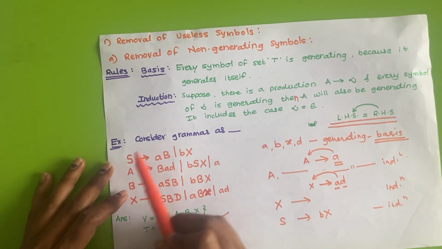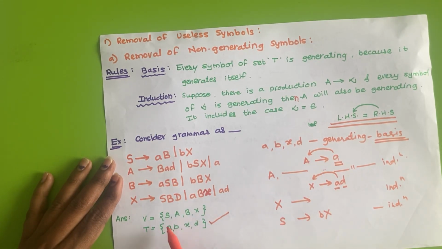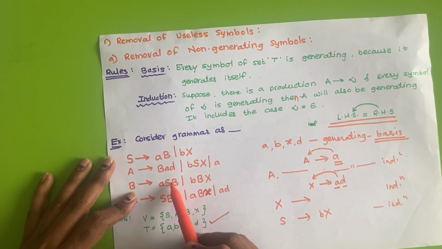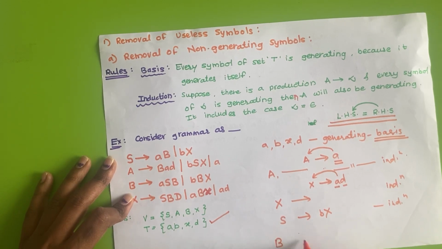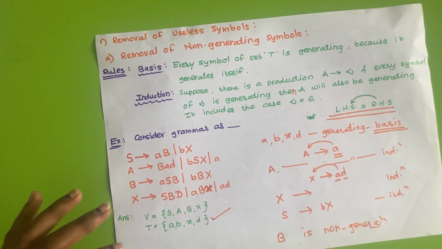If we observe this, we have observed that 1, 2, 3, 4, 5, 6, 7 out of a total of 8 symbols have been generated. Total 7 symbols means B cannot be generated at all, because B is in terms of capital B only, and we don't have B as a generating symbol, and it is not possible to prove that B is generating. So capital B is a non-generating symbol, and now we should remove it. We will see how we can remove this.